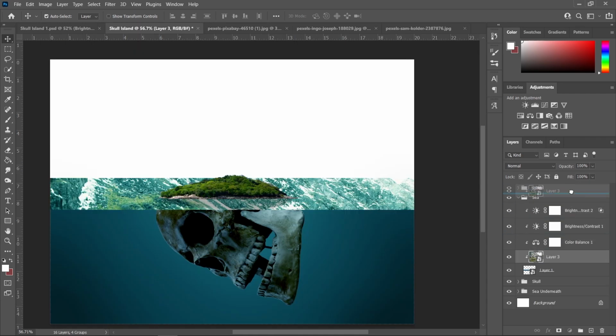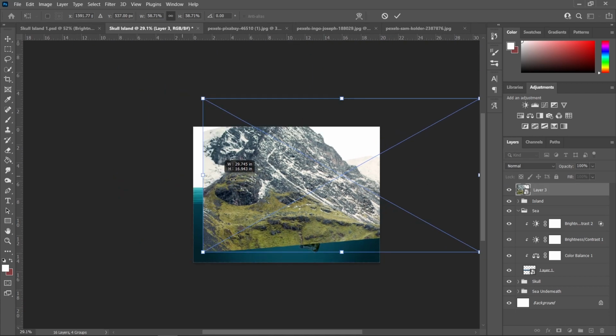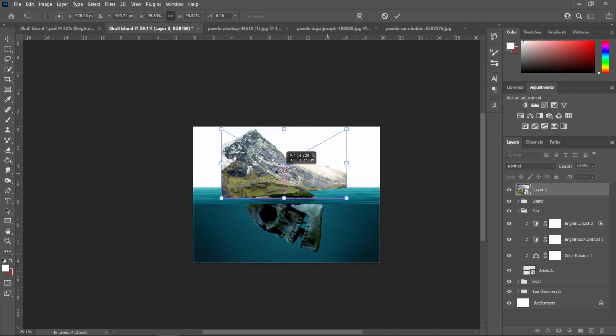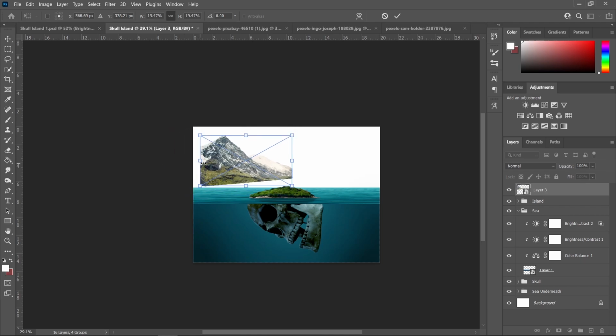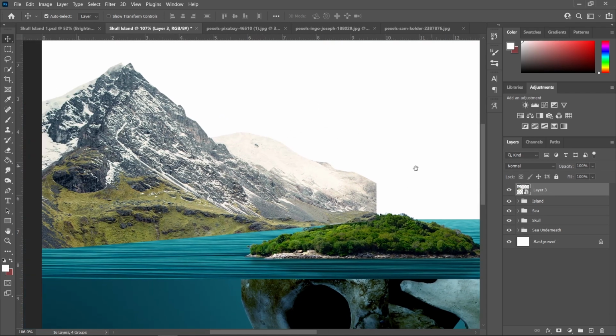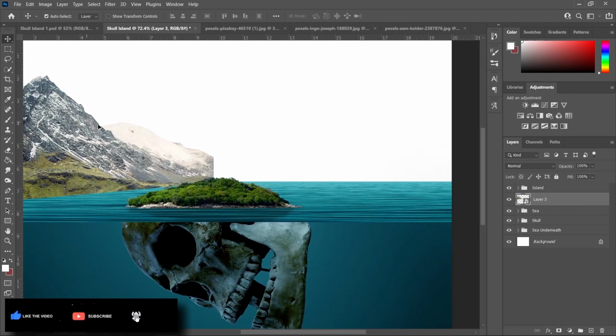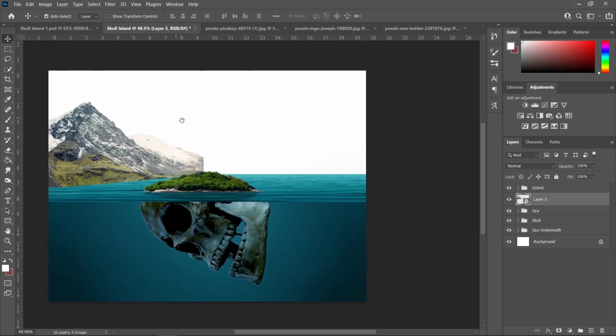So we need to drag this one to the top, and now press Ctrl T, and we're just going to make this one smaller, just like this, and just hit confirm. So I think this one will be behind our island, so I'm just gonna put this one below the island group. And since this mountain over here is gonna be behind our light source, we need to make it darker